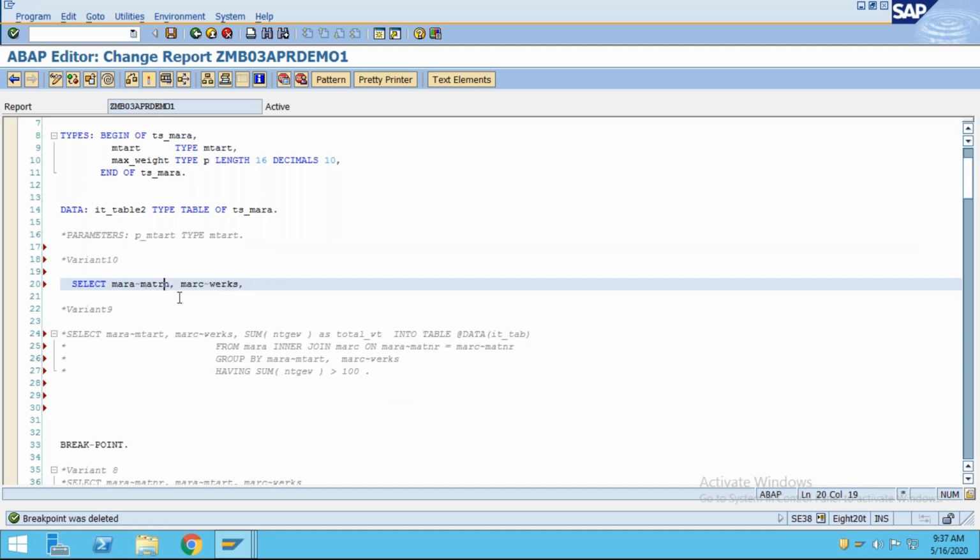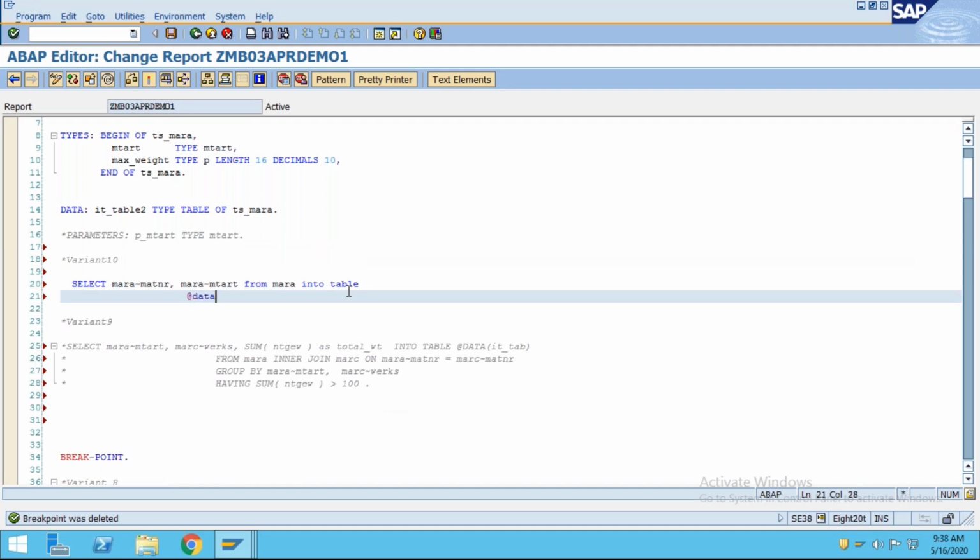So material, MATNR actually, and then plant from, sorry, I want to get only those material MATNR, MTART from MARA into table @DATA(it_tab), where the material exists only in the plant table, where MATNR in, you just gonna write select MATNR from MARC.